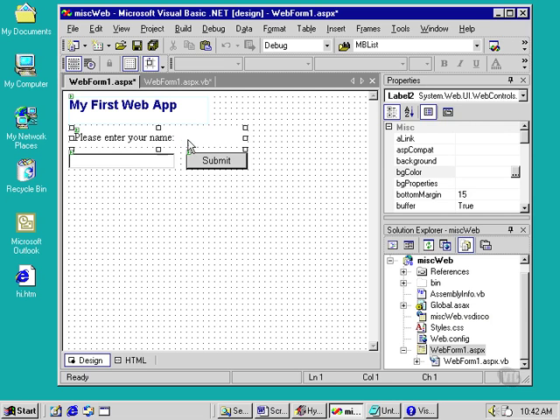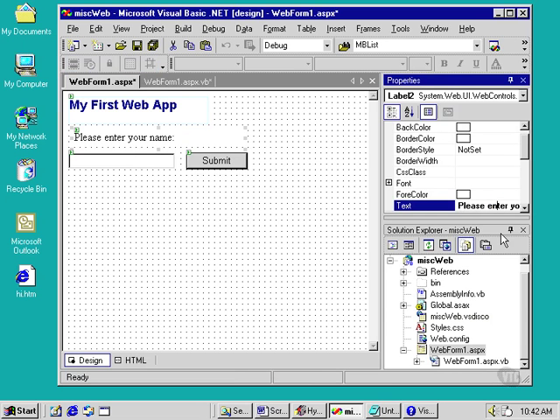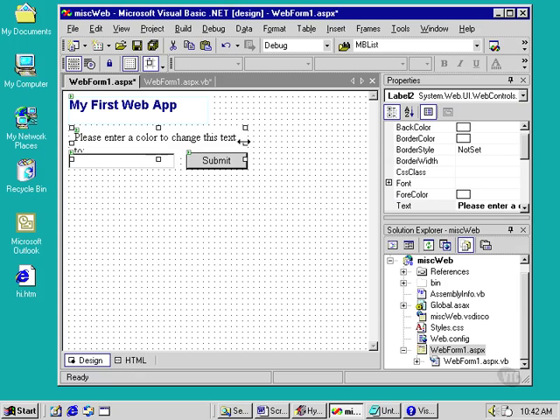So first let's change the text property of Label2. We'll have it say, "Please enter a color to change this text to." And we're going to have to enlarge this control just a little bit so that the text will still fit all on one line. Now that we've changed the text property,